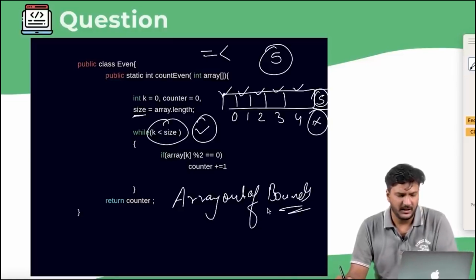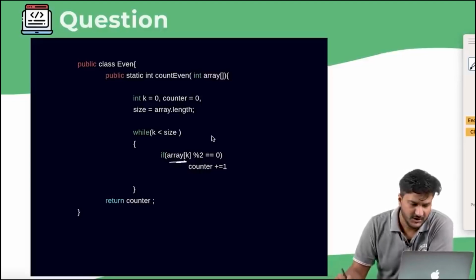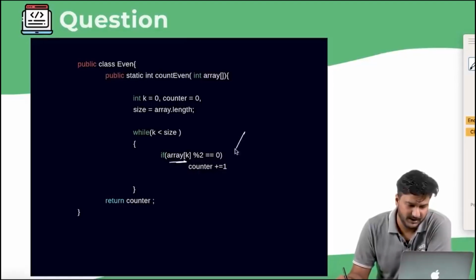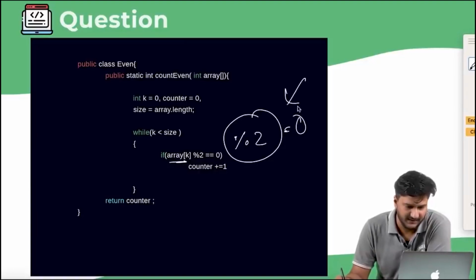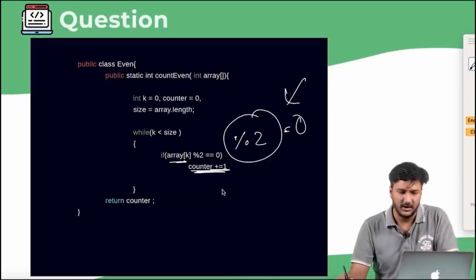Now there's nothing wrong till now. Again, array of k percentage 2, this is also perfect, because if you're using percentage 2 and the answer is 0, then obviously it is an even number. Then counter plus 1. So I personally think everything is correct, but when you look a little closely,